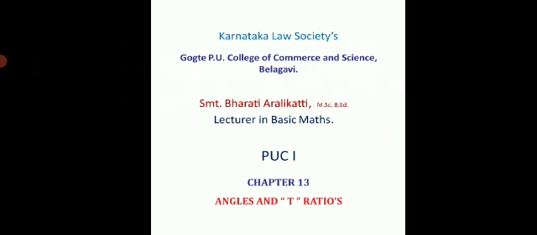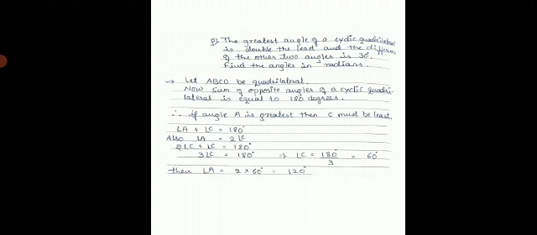As we have discussed in our previous class about some sums for 3 marks and 5 marks from the exercise 13.1 in the lesson angles and T ratios. We also learned some expressions converting into radians as well as sexagesimal measure. So in this session we will do some more examples, then we will move towards the acute angles, ratios of acute angles. Before that, let us discuss some examples which are very important from your exam point of view.